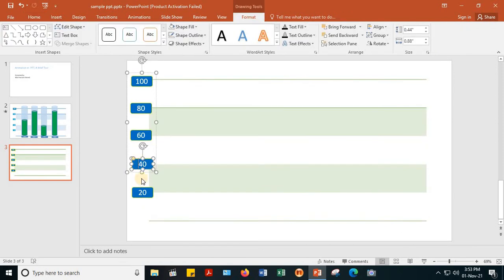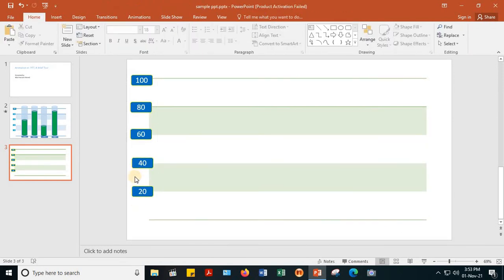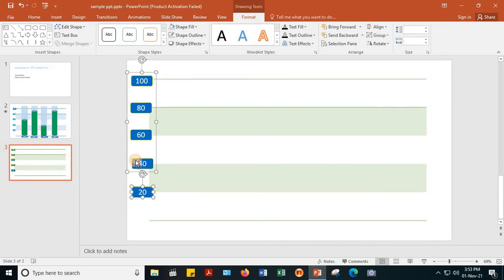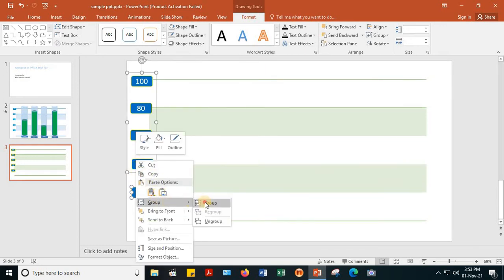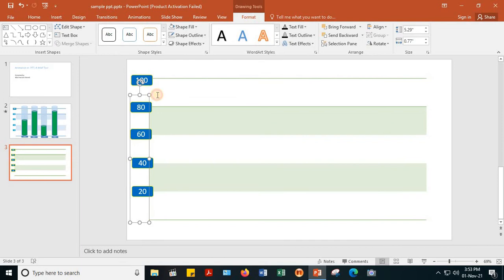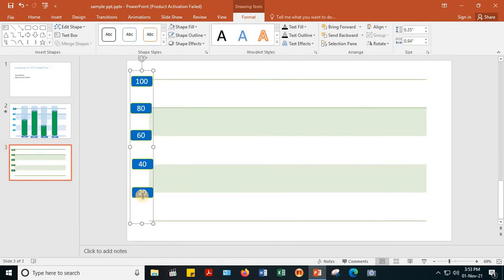Okay, and again if you see there is something left out, so I'll select again and then group. Now you can see whether the group is working or not. It is still outside, so I'll click this again, and this.